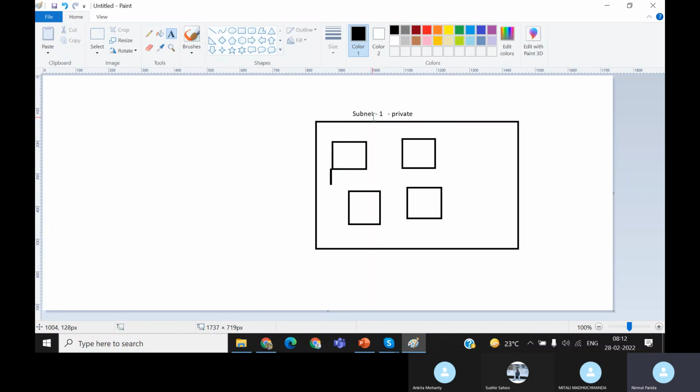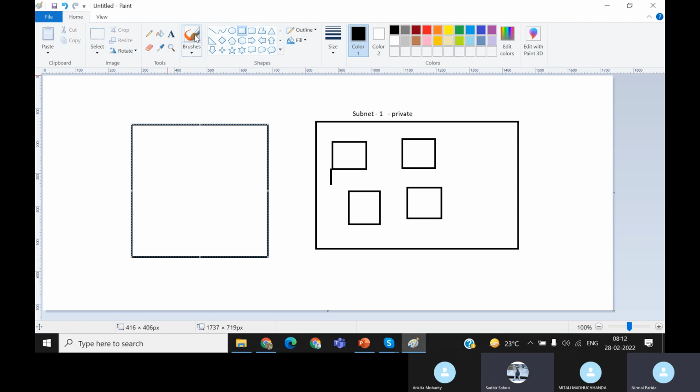Suppose this is a private subnet and there is no internet gateway added. So these systems cannot connect to the internet, right? But suppose you want your systems to get internet access, meaning other people from outside cannot connect to your EC2 instance, but you need some software update or need to download something. So your EC2 instance needs some internet. In that case, you can launch one NAT instance, and that NAT instance will be in a public subnet